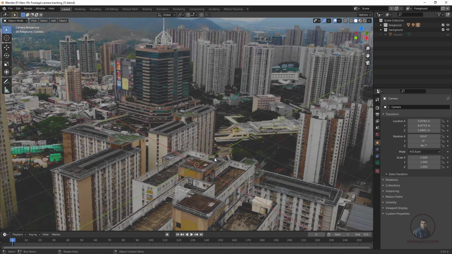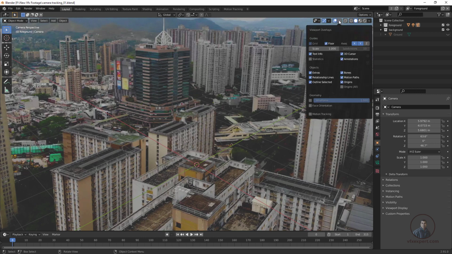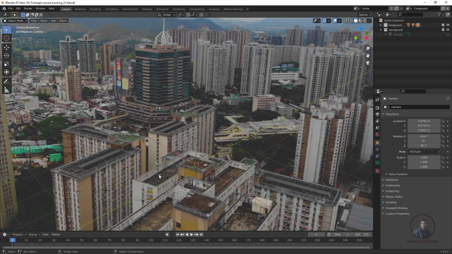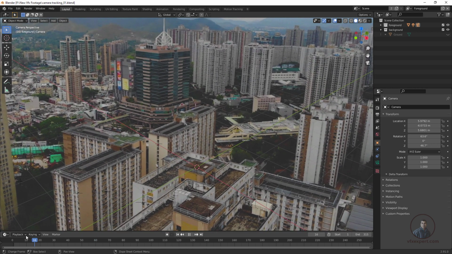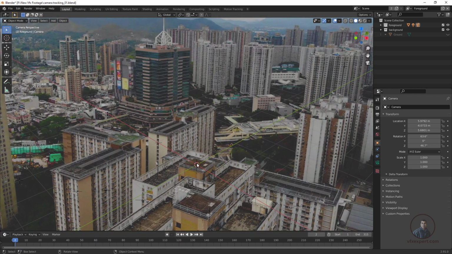So before importing our 3D model, if you want to check the markers or points a little bit, then click here and simply click on motion tracking like this. So you can see these are our points or locators which you have tracked. Okay, so easily you can see here. Now we can easily see here. Okay, so these are our locators here. Now we have to place our object here.